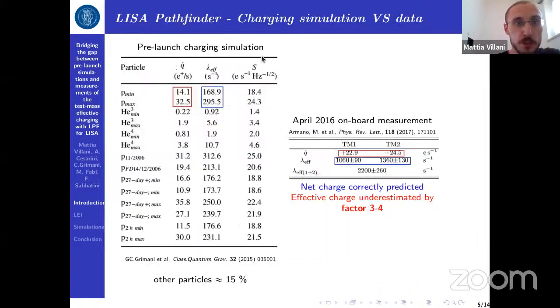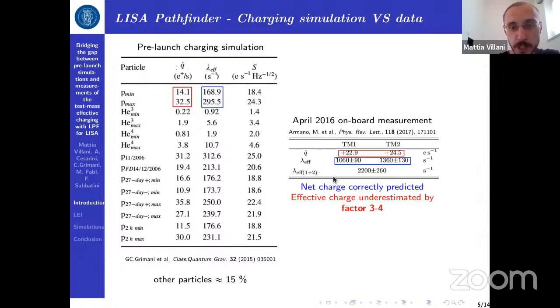The pre-launch simulations carried out in 2015 gave this result. The net charge was constrained between 14 and 32 charges per second, while the effective charging was confined between 170 and 300 charges per second. In April 2016, when the measurements were carried out, they found that the test mass net charging was 23 charges per second. So it was well constrained by the simulations. While the effective charging was wrong,